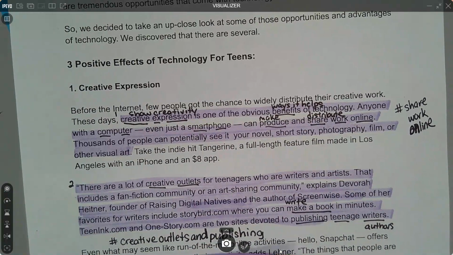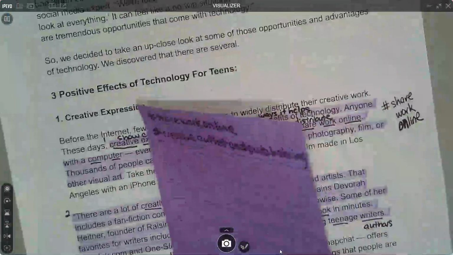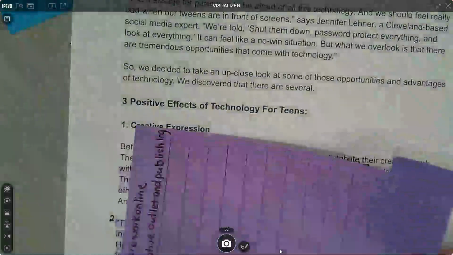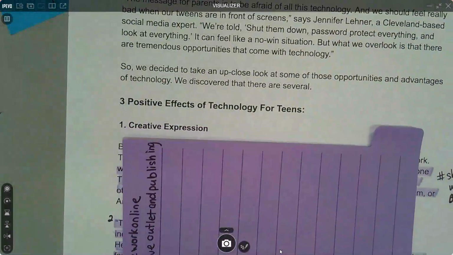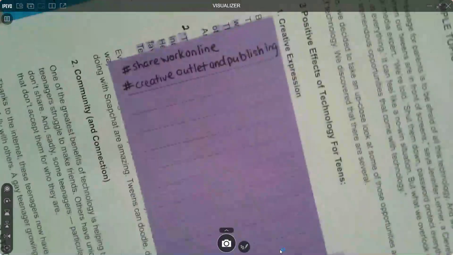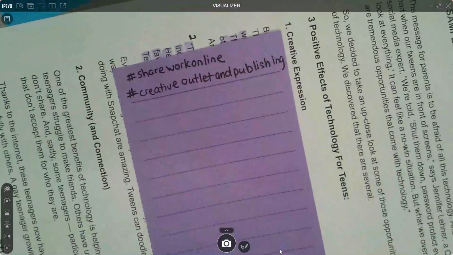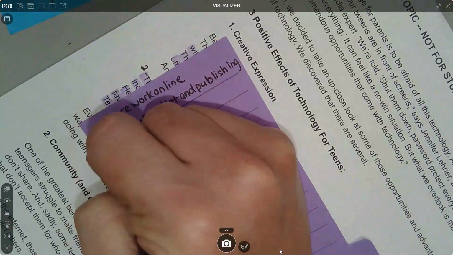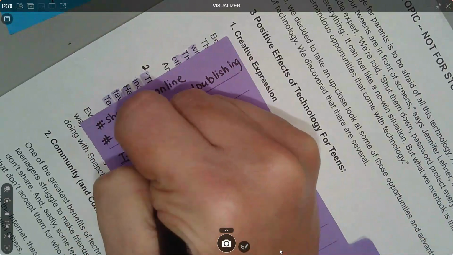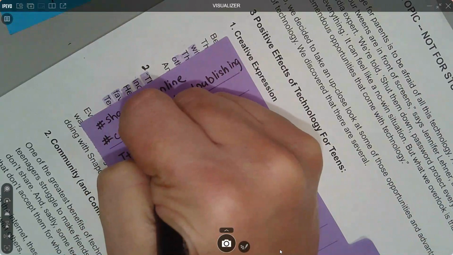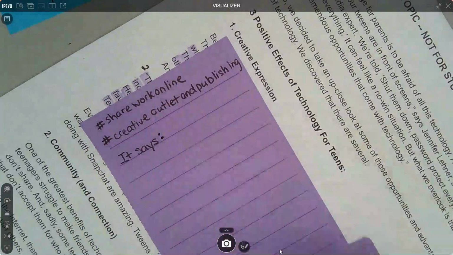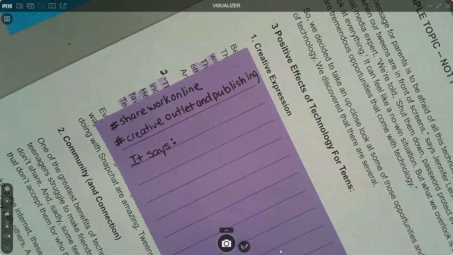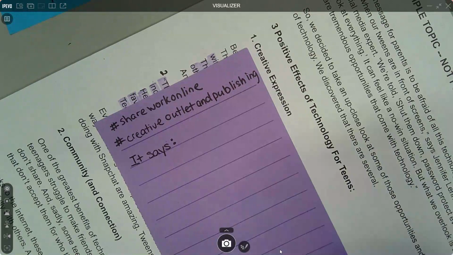So, to start your paraphrase, on your sticky note, I like to use my sticky note to cover up the original because you should not look at the original while you are doing this. If you do, you are likely going to unintentionally plagiarize something. So you're just going to write "it says" and then a colon, and then you'll have your paraphrase after the "it says." So if we want to see my example,